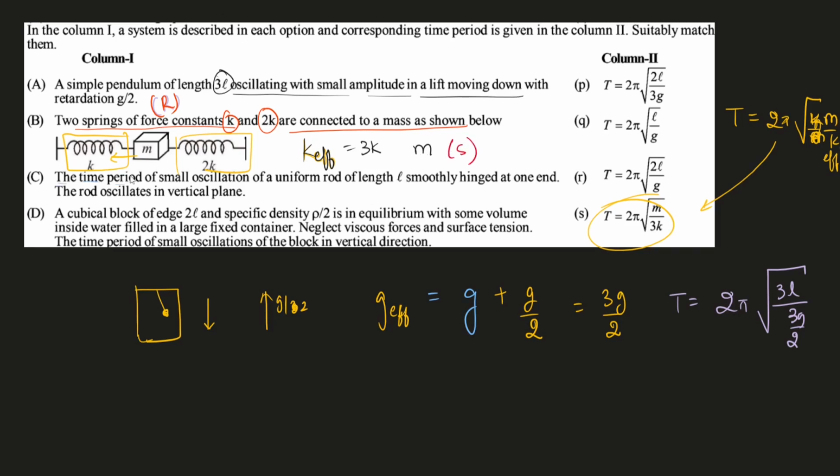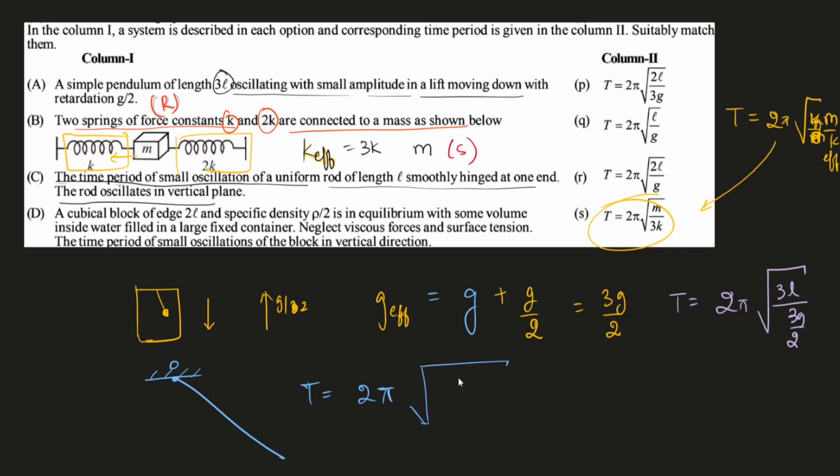And the third part is a standard question. It says the time period of small oscillation of a uniform rod of length L smoothly hinged at one end. The rod oscillates in a vertical plane. So let's say the situation is something like this. The rod hangs from here, point O. The time period right now is equal to 2 pi,